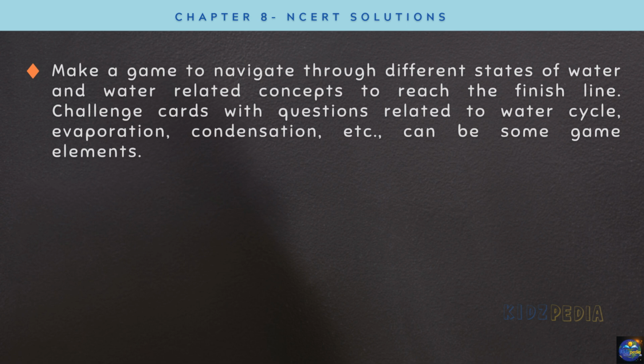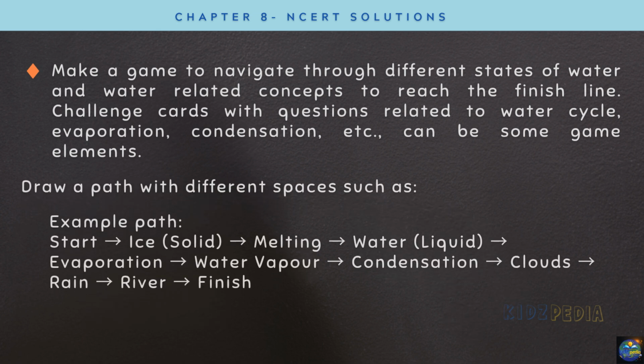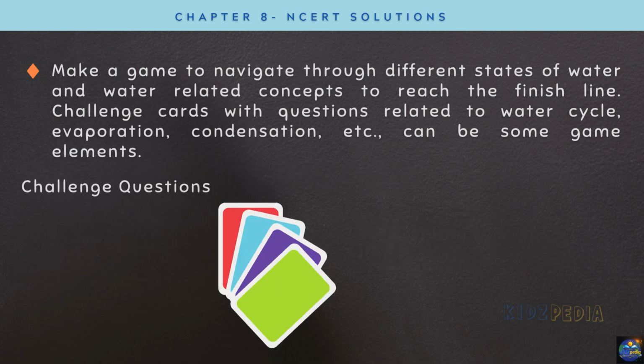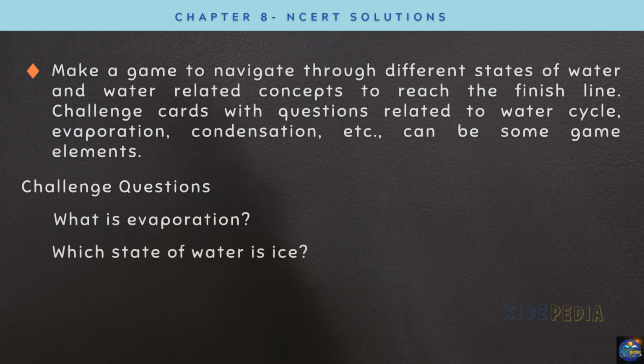Create a simple board game or path game, like a snake and ladder style path, and navigate through different states of water. The path should include ideas like solid ice, liquid water, gas water vapor and concepts such as evaporation, condensation, melting, freezing, etc. Some boxes can ask players to pick a card with a question about water. If the player answers correctly, they move forward. If not, they may stay or move back. So, you can ask questions like what is evaporation, which state of water is ice, what happens during condensation,